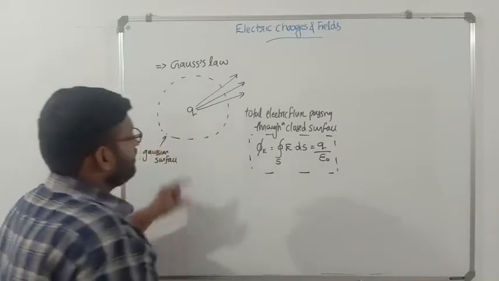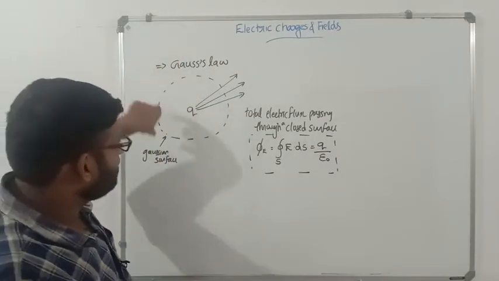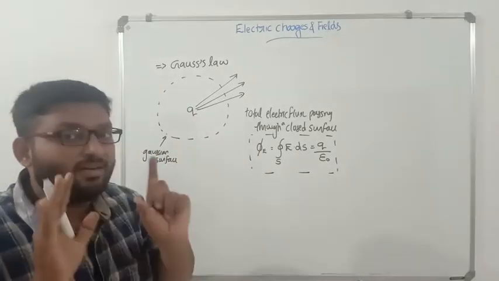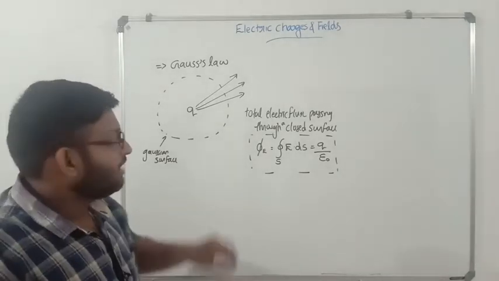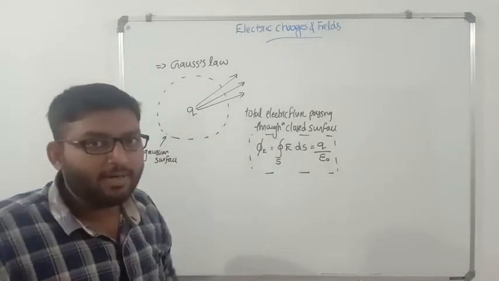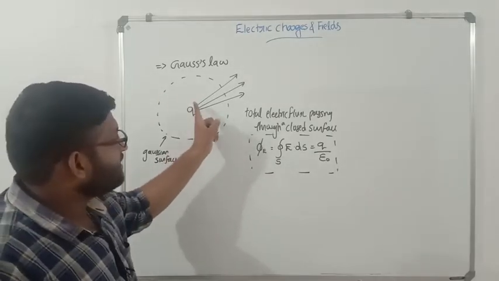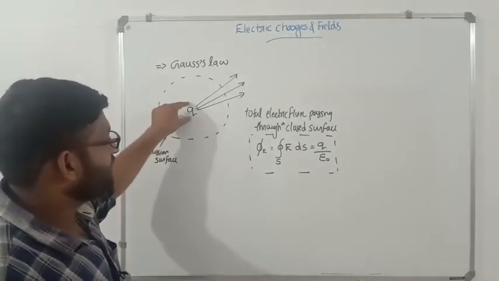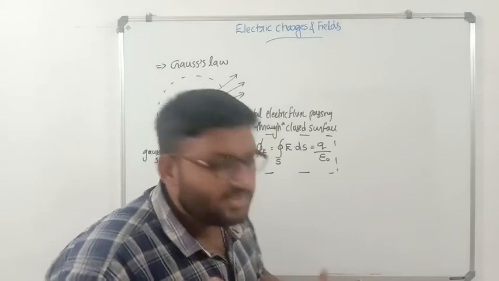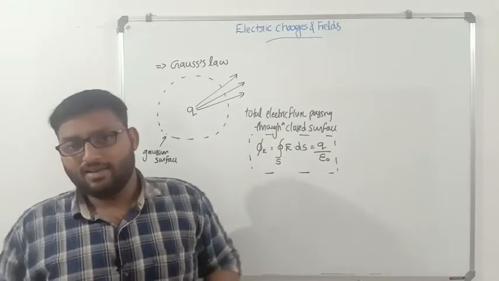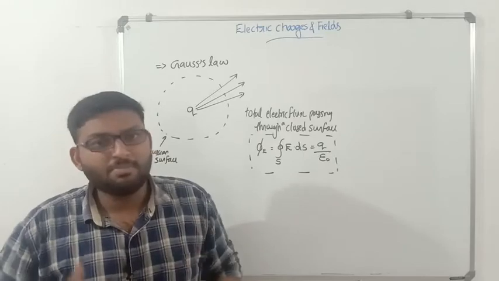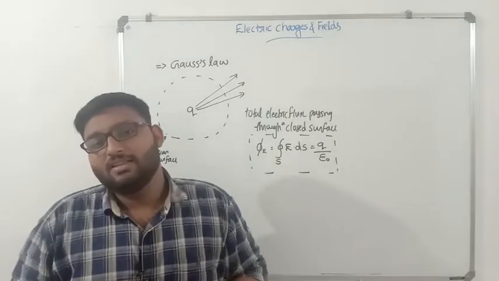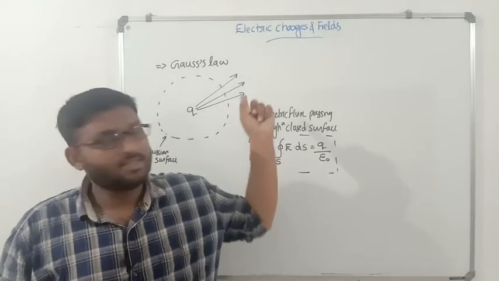Look at here, the total flux going outwards through a closed surface depends only on the charge present in the surface, not the geometry of the surface. If the surface area increased or decreased, it doesn't depend. The number of field lines passing outwards or inwards depends only on the magnitude of charge present in it. If the Gaussian surface encloses a charge of maximum value, then the field lines associated with that charge is maximum, then the flux increases. If the charge enclosed in the surface is very less, then the number of field lines encountered with the surface is also less.